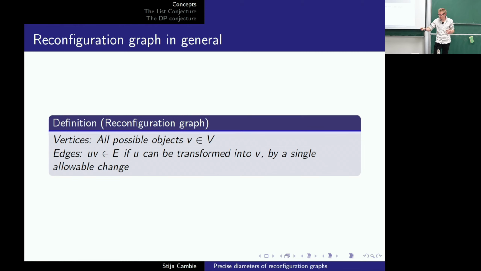Okay. Once we have such a graph, for example you want to solve the 15 puzzle or the Rubik's Cube, finding the most efficient way to reconfigure is precisely finding the shortest path between two vertices in this reconfiguration graph. So there are a few questions which could be interesting to solve. For example, if you have specific instances alpha and beta, you want to find the shortest path from alpha to beta,